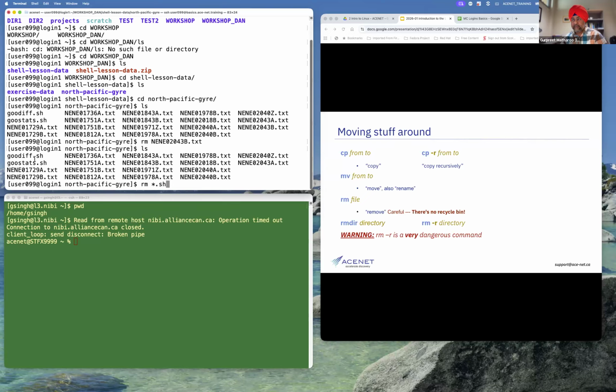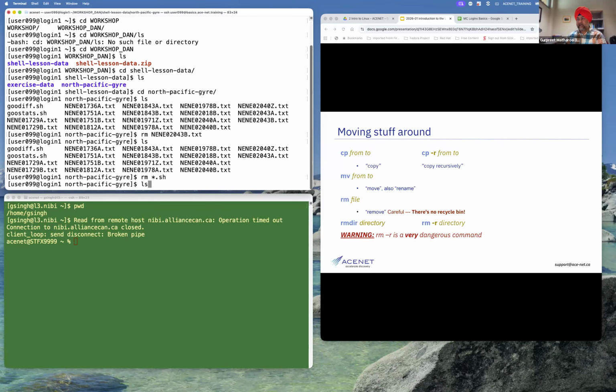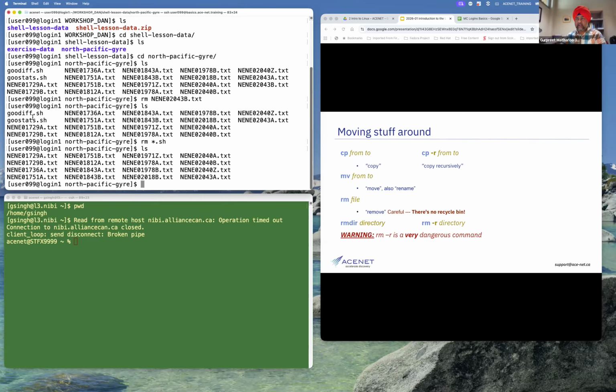In this case, there are two of these files. I can use this wildcard in multiple fashions. Let's see what will happen. If I press ls now, you see those two .sh files are gone.